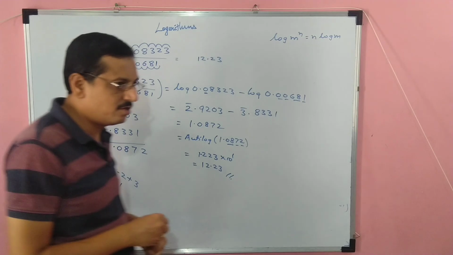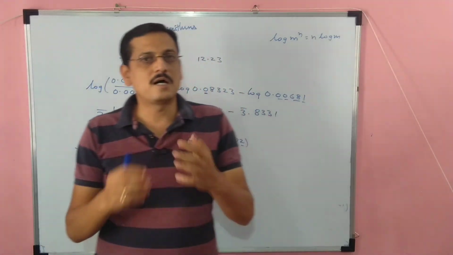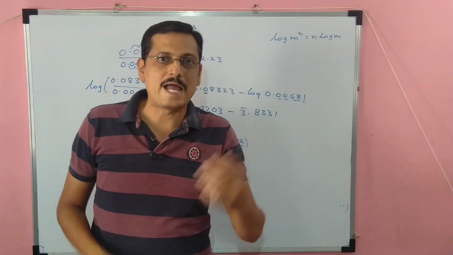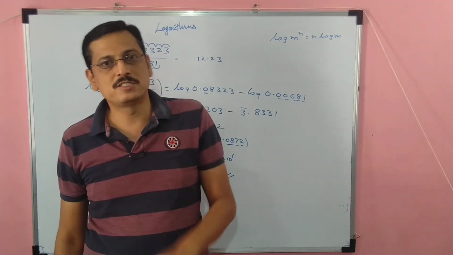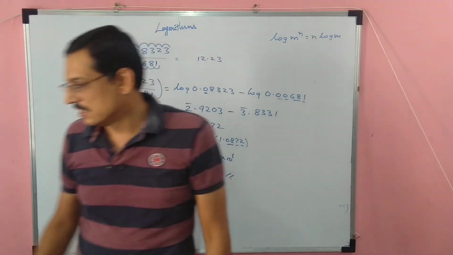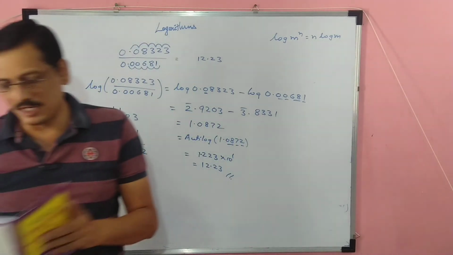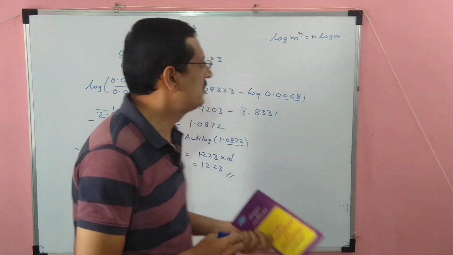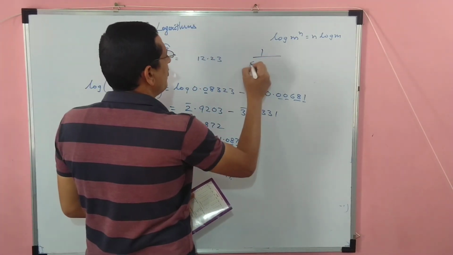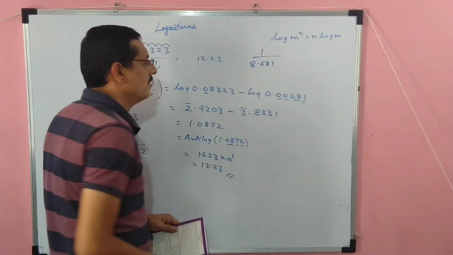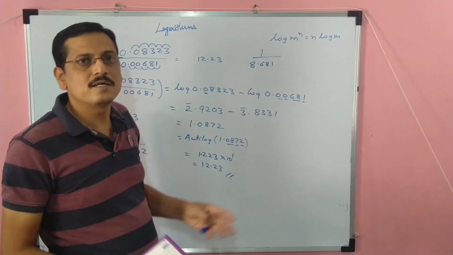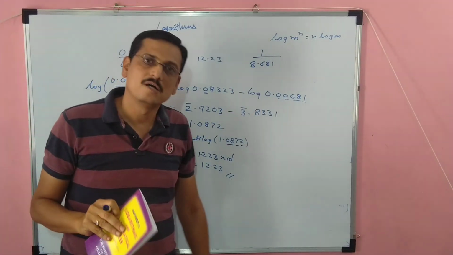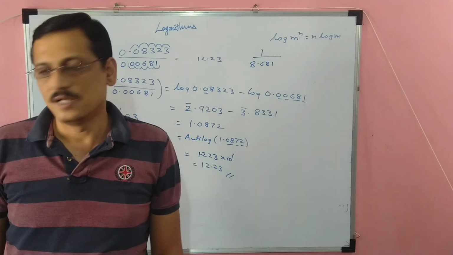So in next video I am taking sin theta, cos theta या inverse. मतलब if I know the value, then what is the angle? If I know the angle, what is the value? That we have to take. Then in this table we can check the reciprocals also student. Direct reciprocals you can find. Say for example if there is 1 divided by 8.681, so इसको log of 1 minus ऐसे करने की जरूरत नहीं. By this log table direct reciprocal you can find out. How it is, that we'll discuss in next video.